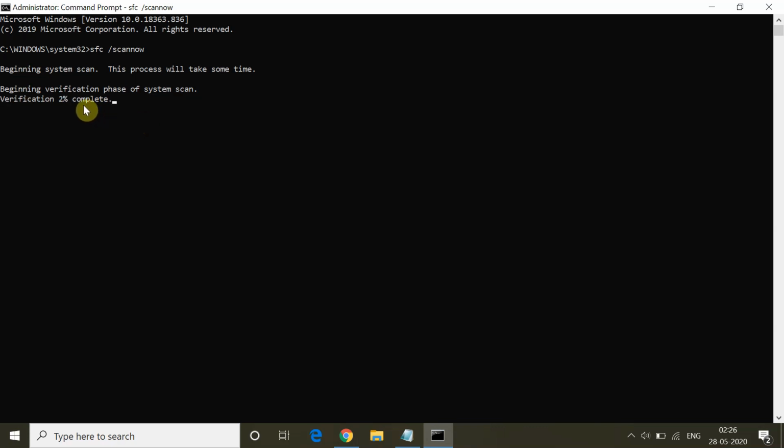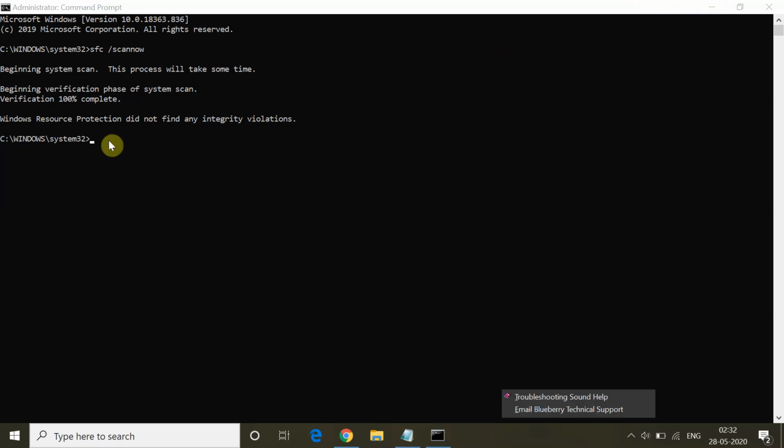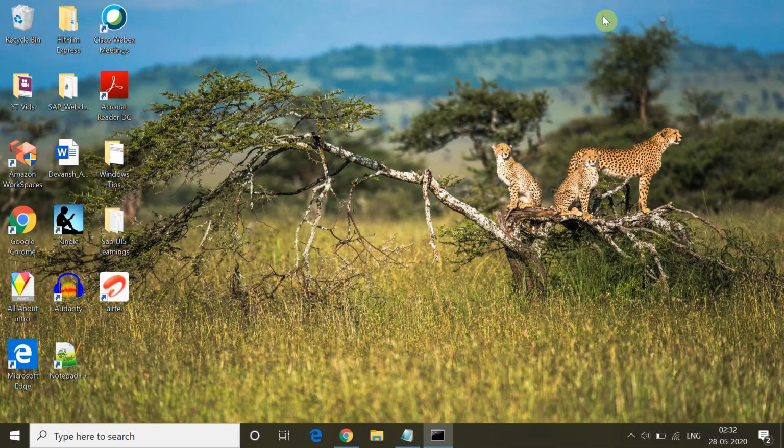If you get any error or any file, try to remove that file and then restart your system. Just wait, I'm showing you how it will end. Like that it ends, so I move it forward. Once the verification is 100% complete, it will give you a message. Now the verification is 100% complete and it does not find any violation. But in case you get any file, just remove that file or fix that error. After that, go to the Windows screen, type exit, and it will exit from Command Prompt. Now go to the power button and restart your system.